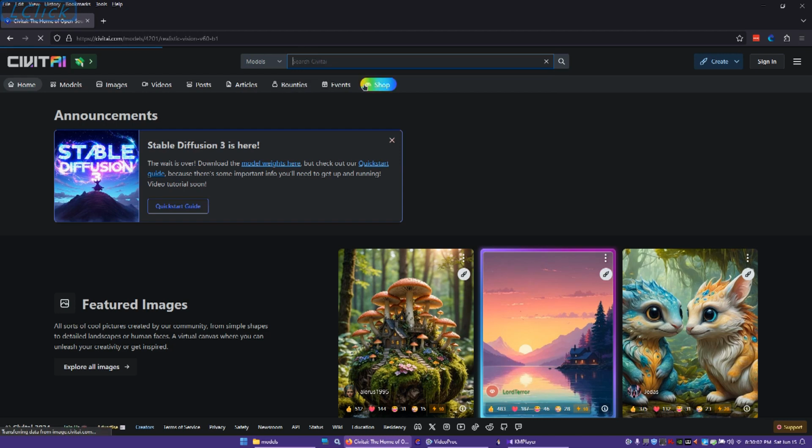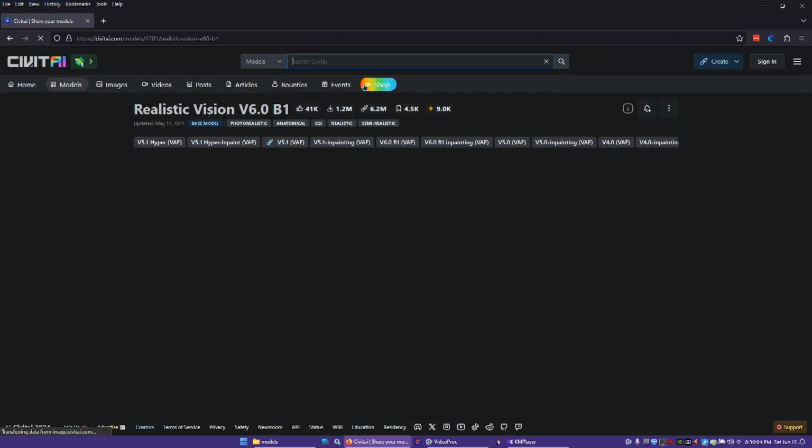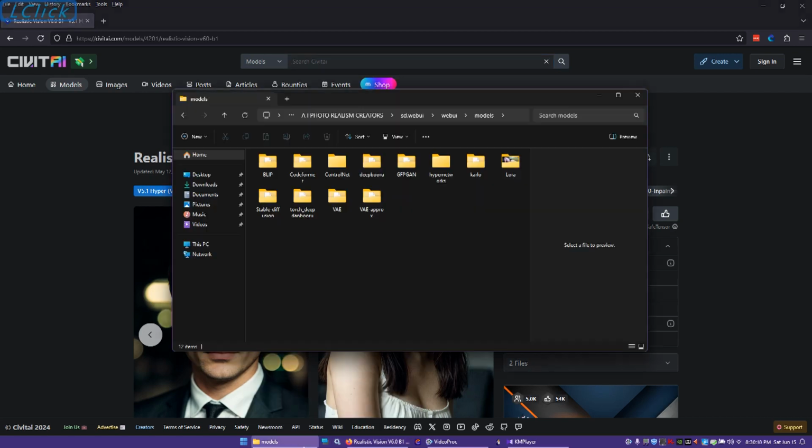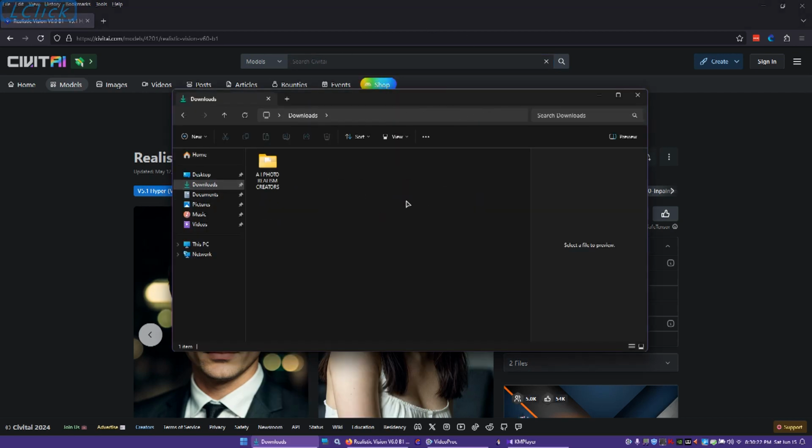So let's get to the page first. There we go. And there's the download button for it. And the size, it's 2 gig in size. Now, once you have downloaded it, it'll be in your downloads folder. So you have to copy it from your downloads folder